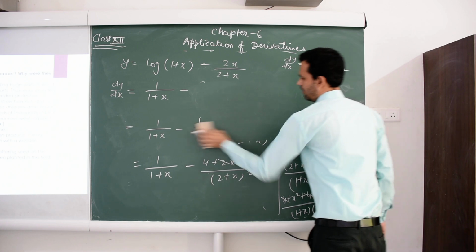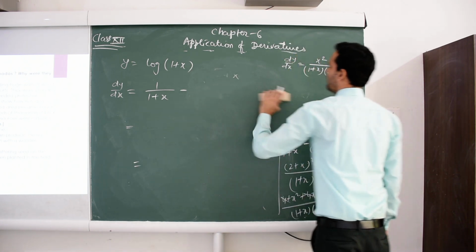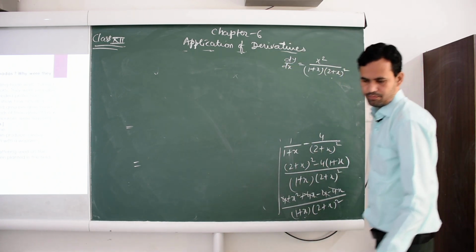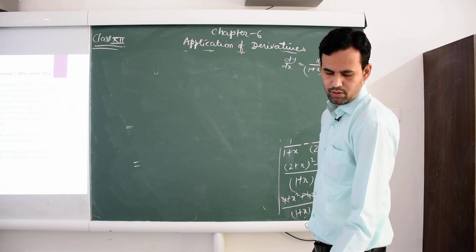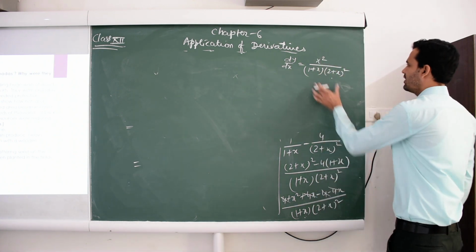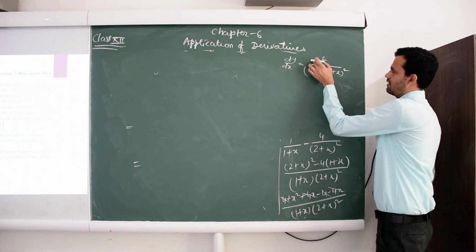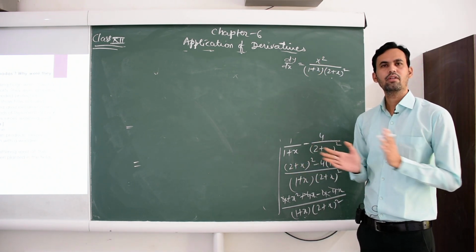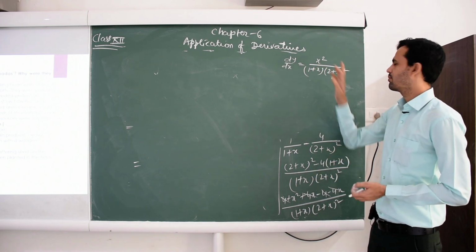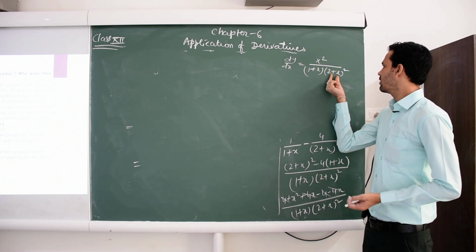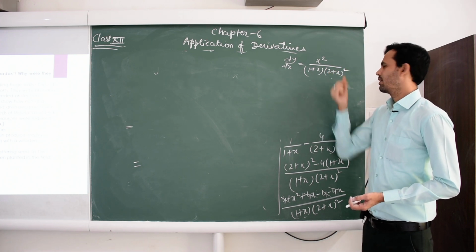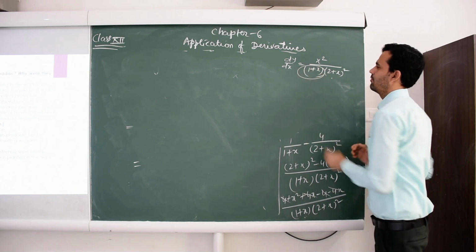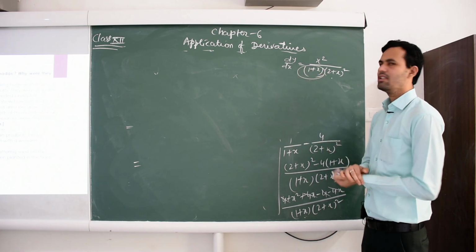Now we find increasing or decreasing in this interval. We have to prove that this is an increasing function throughout its domain. So this is the term in square. If we take any number, negative or positive, we get this positive term. Also this term is also a square, so this is also a positive term. So only this term depends for the sign.